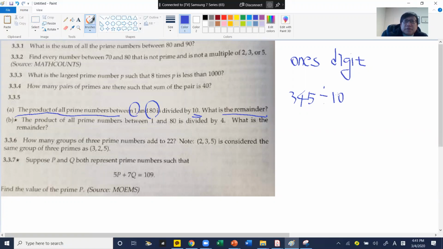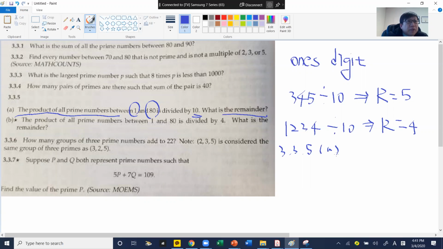What is the remainder? Just 5, just the one digit, that's it. You understand me? Any number, like 1,234 divided by 10. What is the remainder? Yes, it's just 4. So for this number 5,